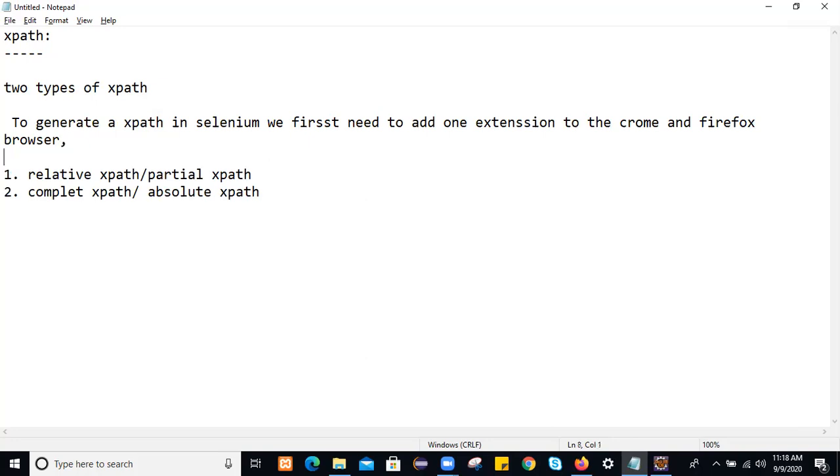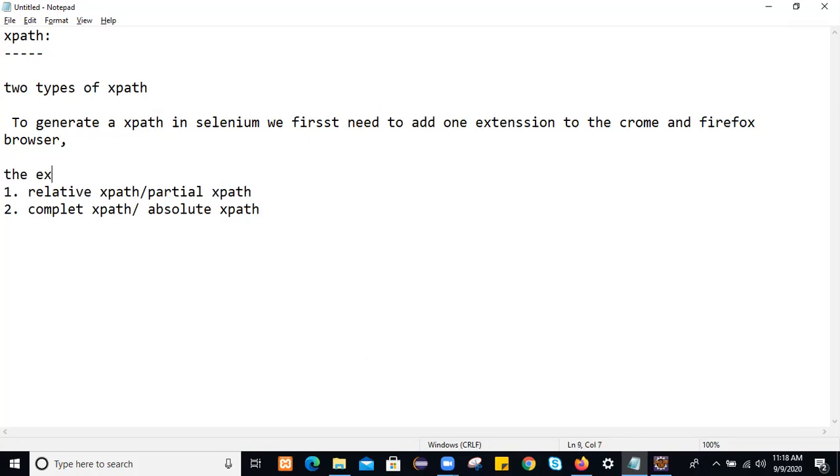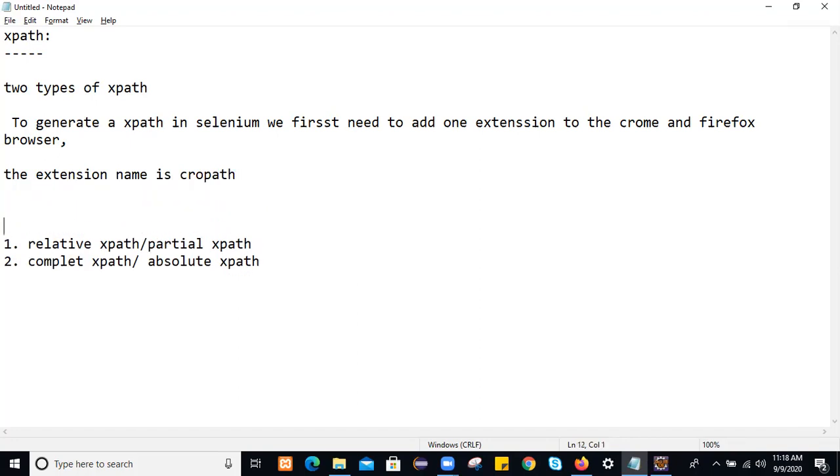The extension name is ChroPath. Earlier, since we are using the latest Firefox browser, there was one plugin for the old Firefox version. For the old Firefox version, the plugin names were Firebug and Firepath.